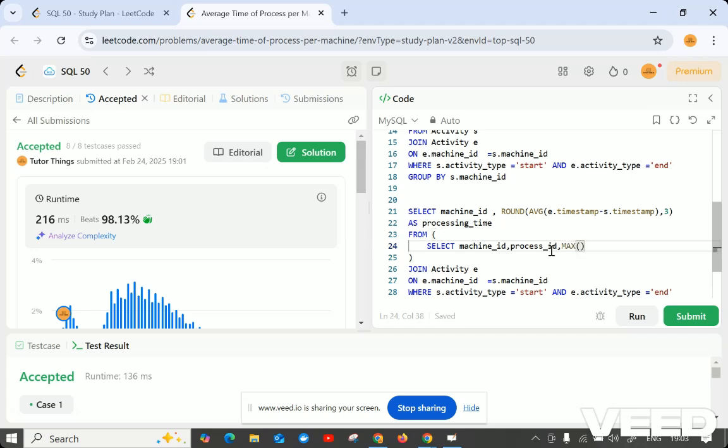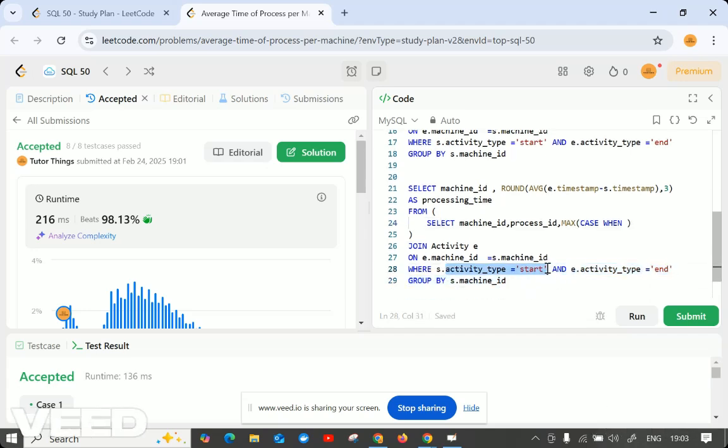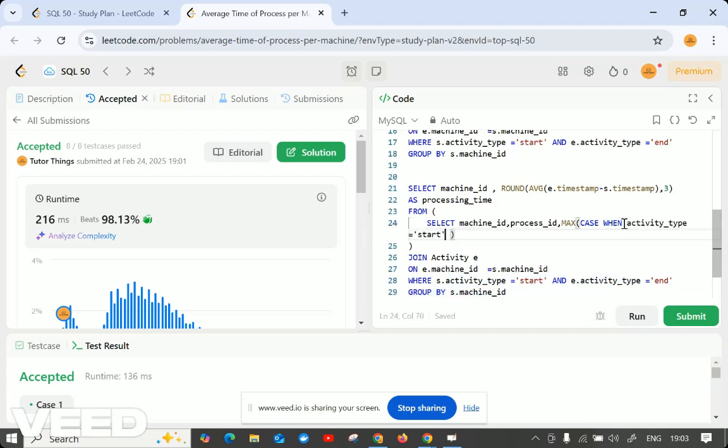Max of case when activity type is start. Whatever we were doing with the where condition in the previous thing, we are doing that as a subquery in the from kind of thing. Then what we have to do is give timestamp.